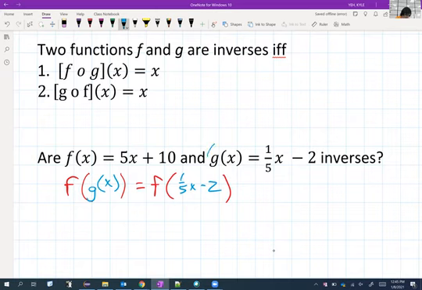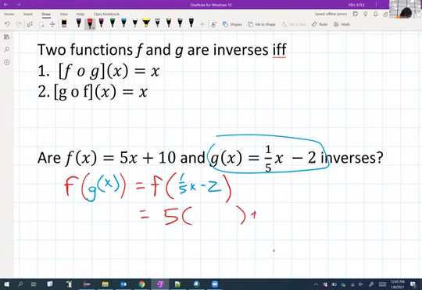Because that's what we were told g of x was. We're substituting that in. So let's plug that input into our f function. Our f function was 5 times whatever we're plugging in plus 10. So 5 times (1/5 x minus 2) plus 10. 5 times 1/5 x is just x. 5 times negative 2 is minus 10. And then plus 10